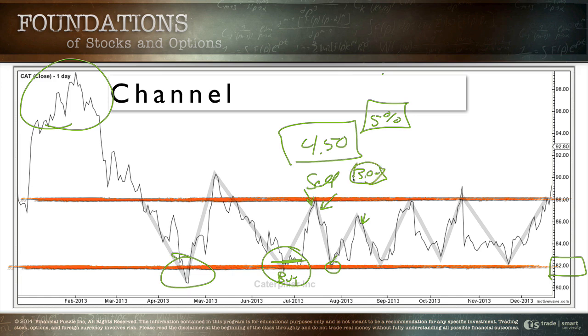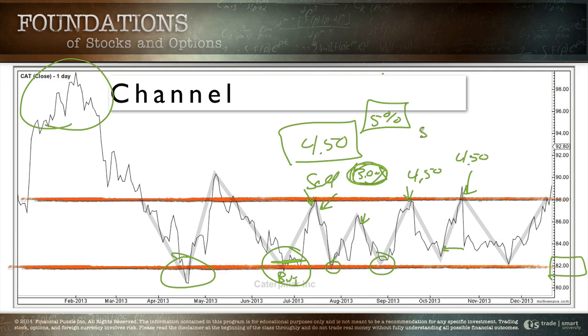I'm saying might because not all of you would have gotten out. Some of you would have held through the torture. You would have come down here and missed the next opportunity to get in. So either you got out and made $3 or you held through this. If you got back in, you made another $4.50 as we rallied up here into our next sell signal. Now the stock sold off again, and as we bounced a little bit high, but again, we can enter the trade about $83 a share. This time we have the same opportunity to get out. We should have been able to pull another $4.50.